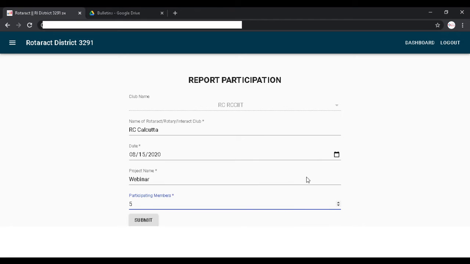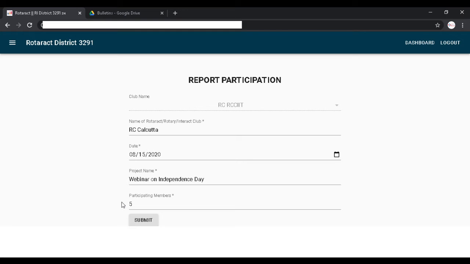So I hope this section is clear to all of you, that you just need to go ahead and write down the name of the organizing club, the name of the project, webinar on Independence Day, and the number of members who participated. Now this number has to be reported by the organizing club as well for you to get points out of this.